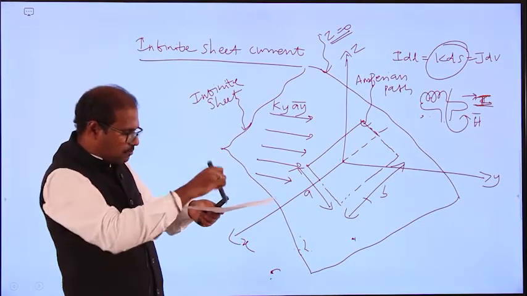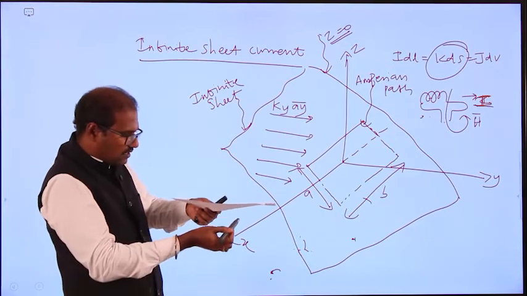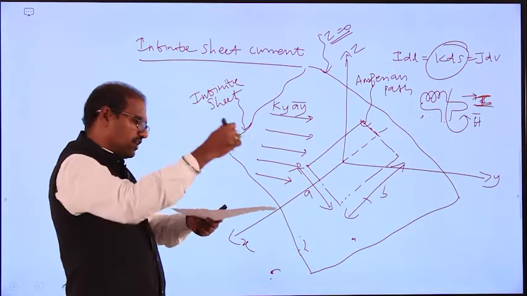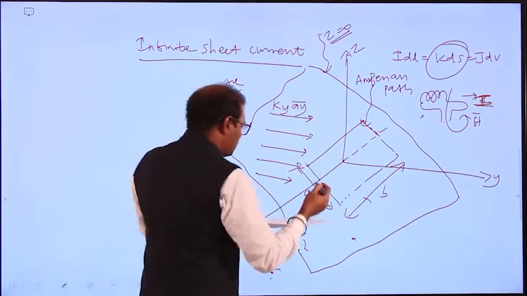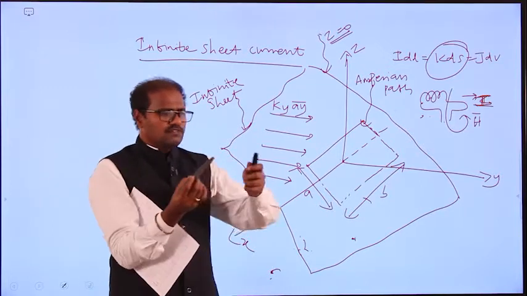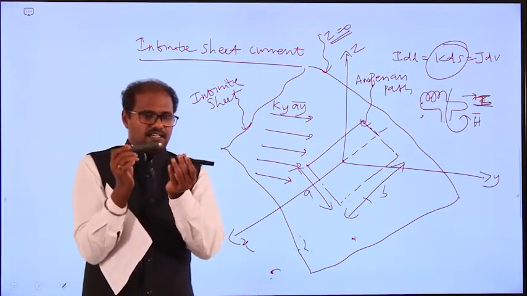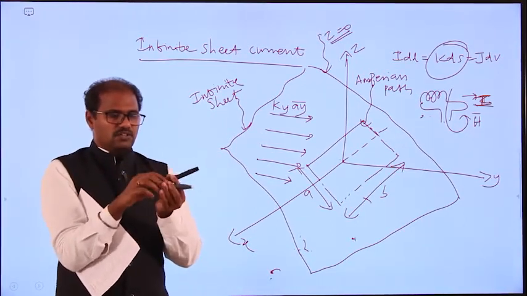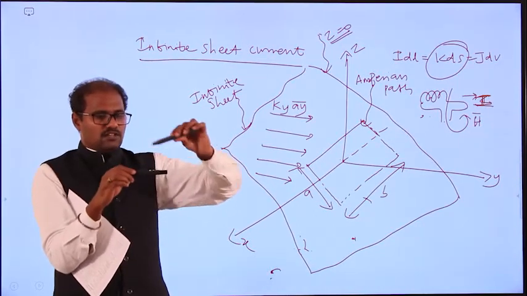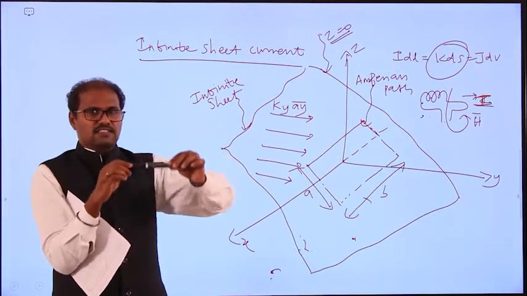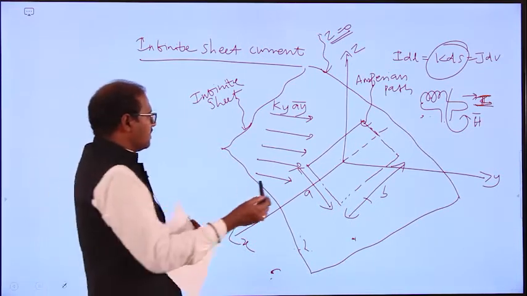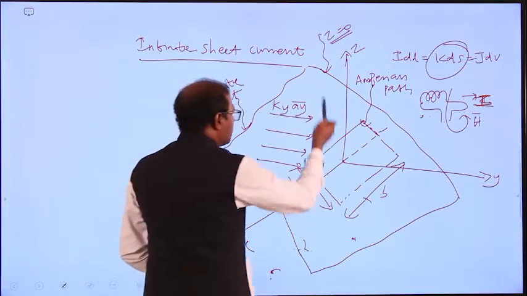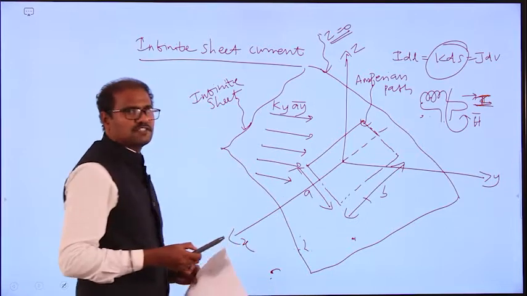Here at this point, the current will be moving down, again going inside, again coming, like that. Current is moving, magnetic field like this. Very simple. Current is moving this side, so the magnetic field intensity H will be like this. Like that we are going to take the Amperian path above the surface and then below the surface.